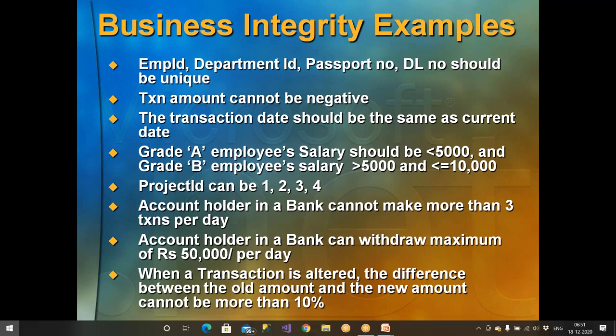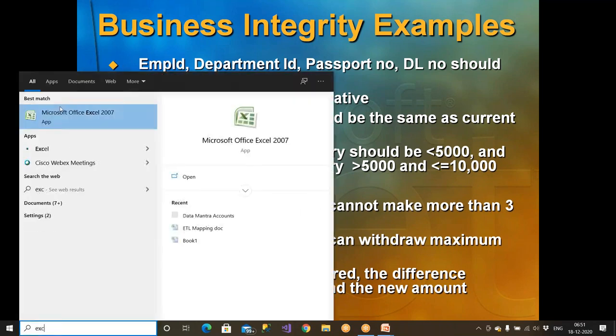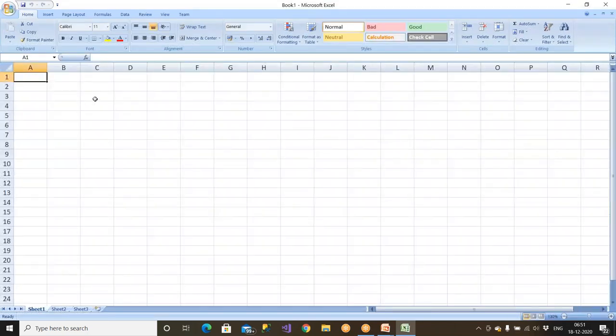For example, I take one simple example. You are creating one employee table, right? So this is the employee table, and we have employee ID, employee name, employee salary, employee date of birth, and employee gender.